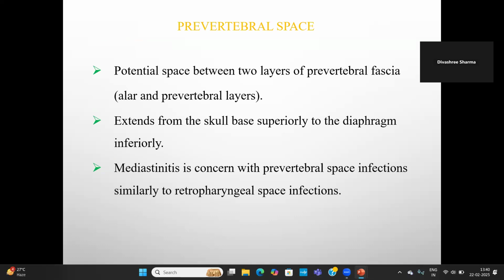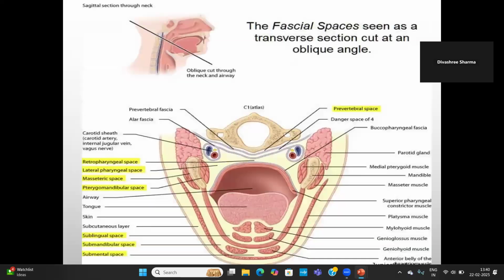Now, coming on to the last space, which is the prevertebral space. It is the space between the two layers of prevertebral fascia, the alar and the prevertebral layers. It extends from the skull base superiorly to the diaphragm inferiorly, and mediastinitis is a concern when this space is involved, which is similar to the retropharyngeal space infection. So, where is the prevertebral space? This is the prevertebral space. Okay,